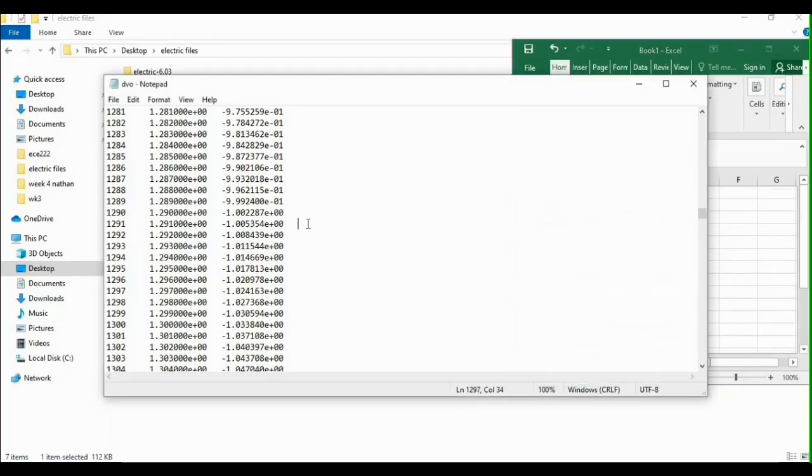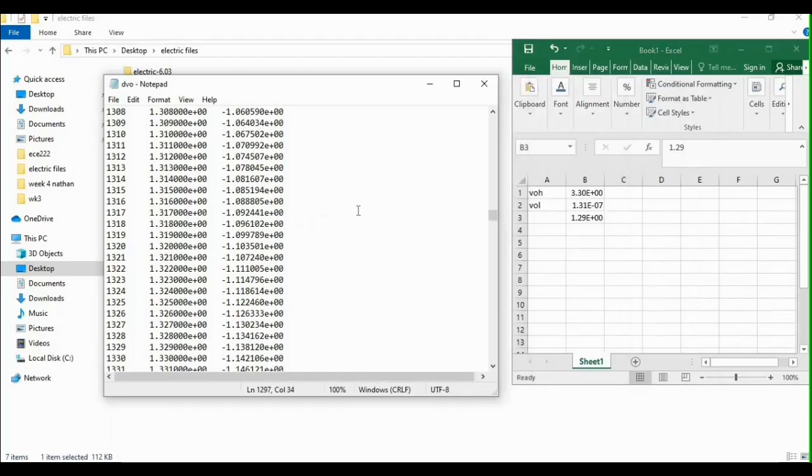So just scroll again. You will notice that it changes from -5, -3, then eventually it goes back to a negative value close to 1.